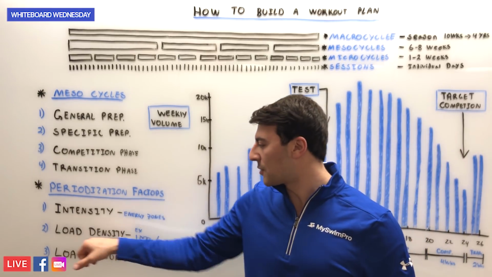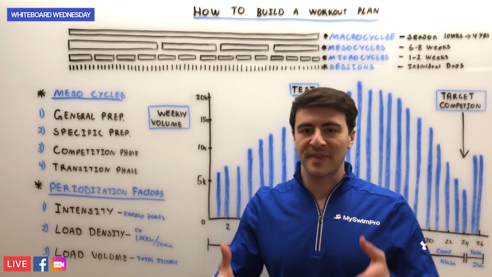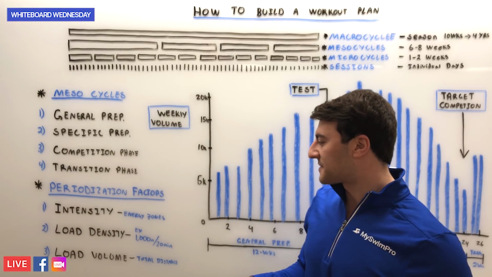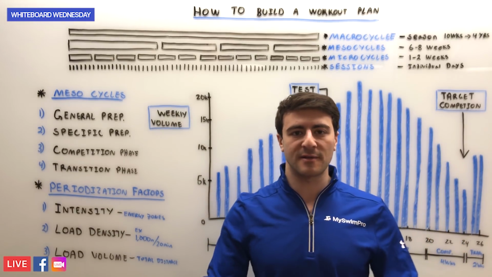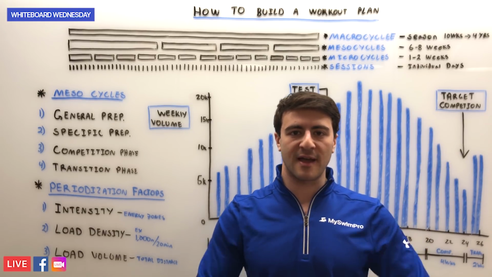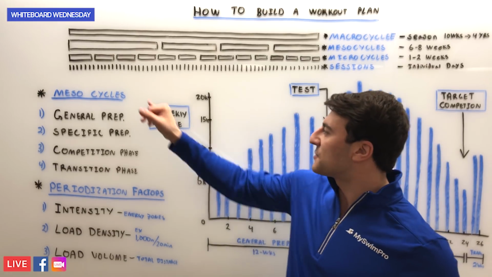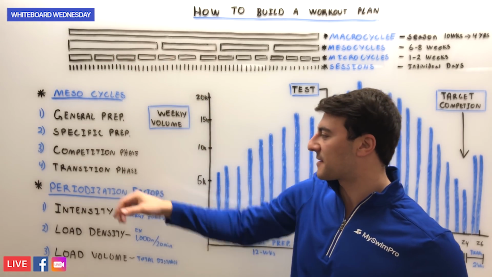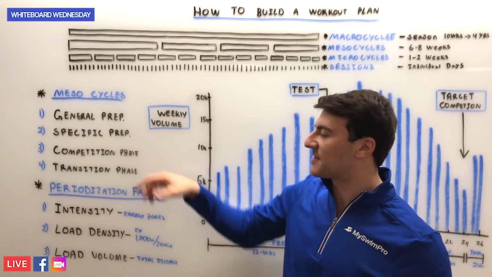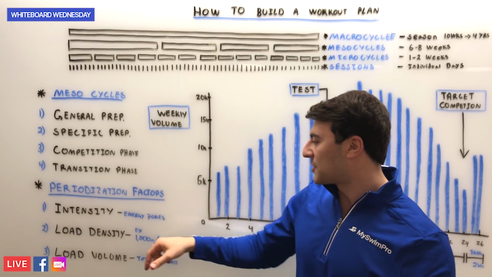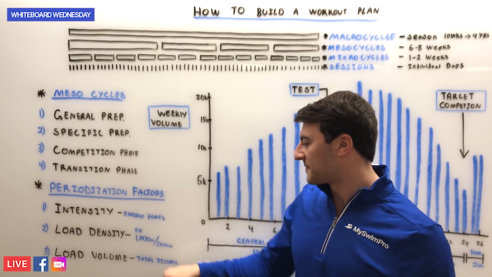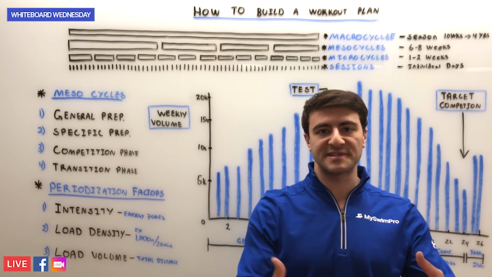Another factor is the load density, and the load density is basically how much swimming you're doing in a relative period of time. So for example, you might do 1,000 meters for every 20 minutes. So if you have a 60-minute workout, you might be squeezing in 3,000 meters of training. And as you move through the different mesocycles, the load density actually changes. So when you're in the competition phase and you're tapering, you have a much lower load density. So instead of doing 1,000 meters in 20 minutes, it may take you 30 minutes to do the same 1,000